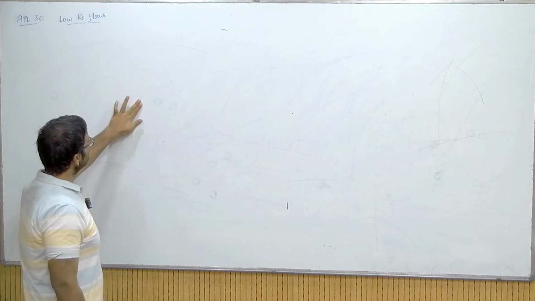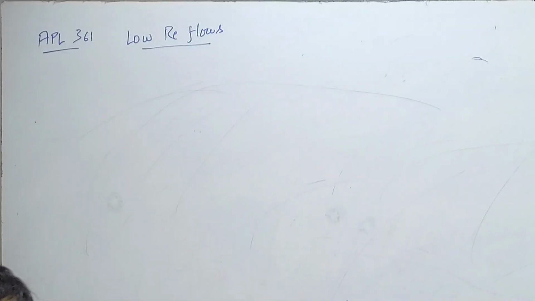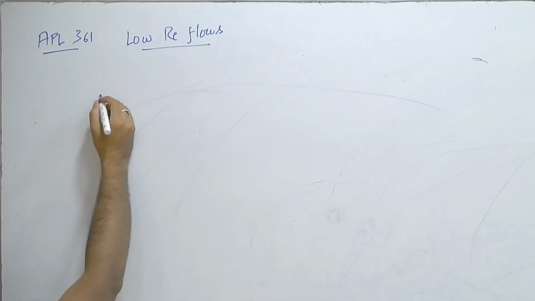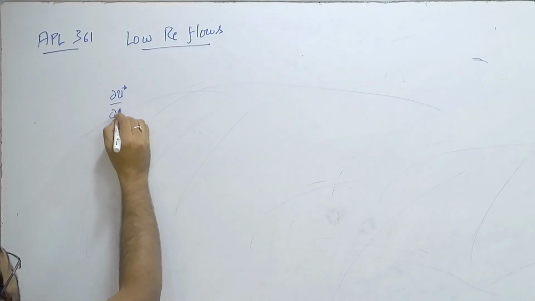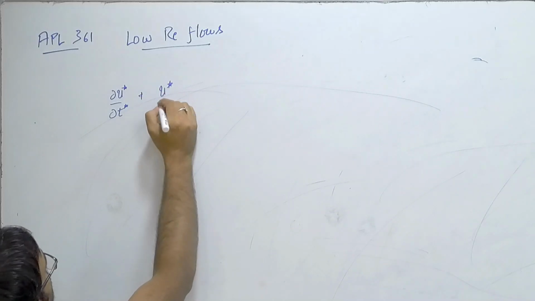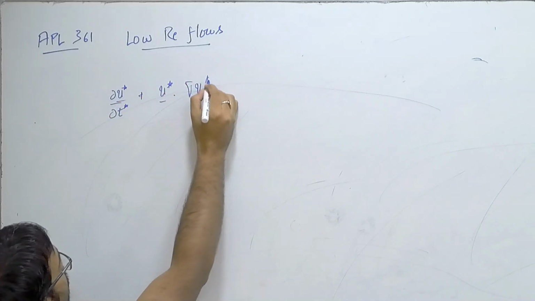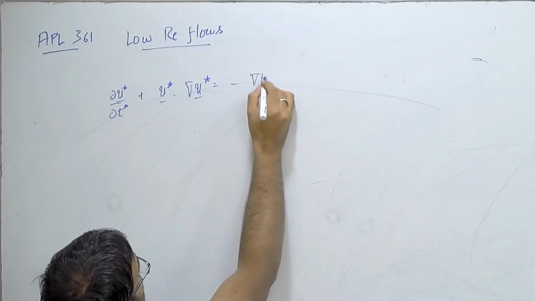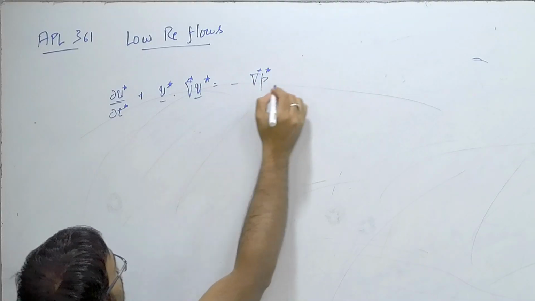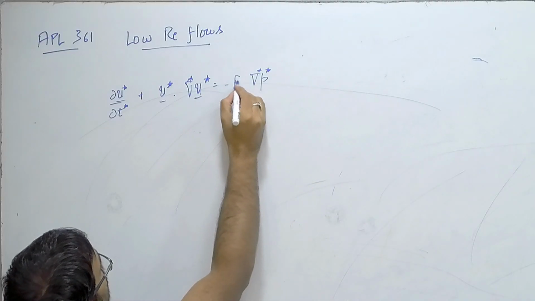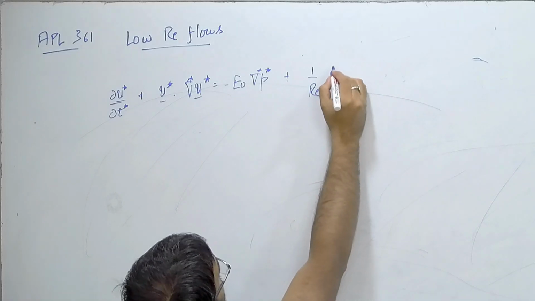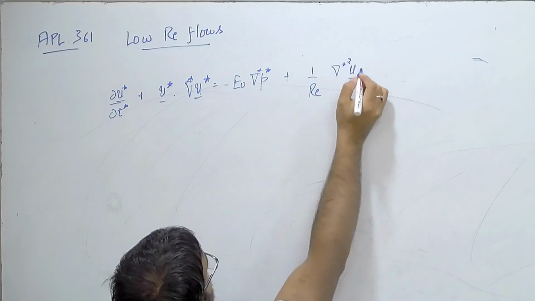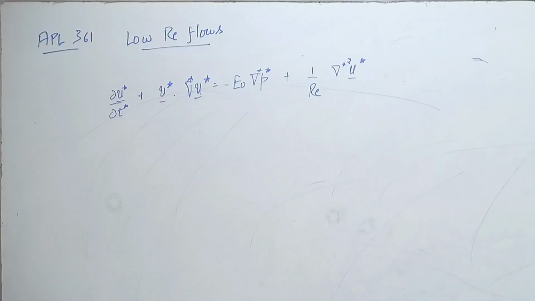Let us resume our discussion on low Reynolds number flows, and towards the end of last lecture we were looking at our dimensionless Navier-Stokes equation. So, let us say we have this. So, let us include the Euler number here. Okay. So, we had made a remark that Euler number, which is